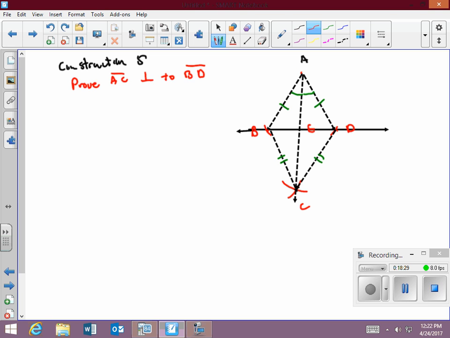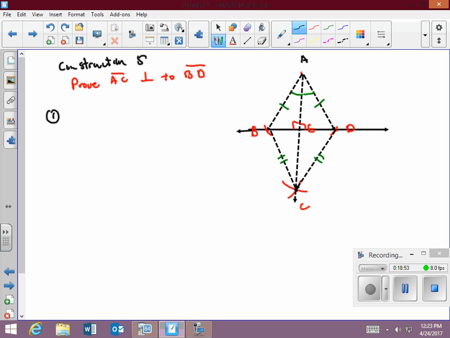And if I do that, then I've constructed a perpendicular line from a point to a line. I've constructed a perpendicular. Well, I've shown that these two are 90 degrees. So in order to show that,